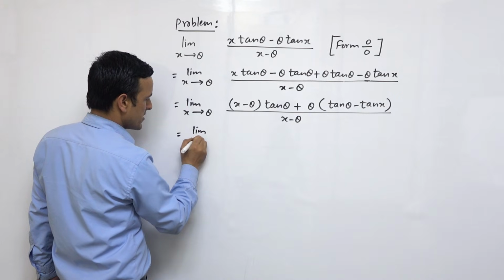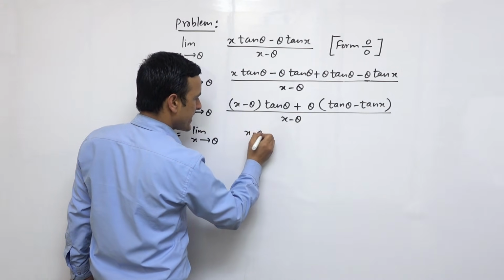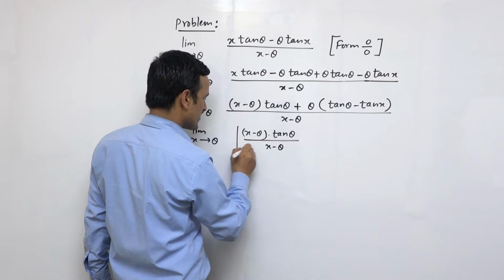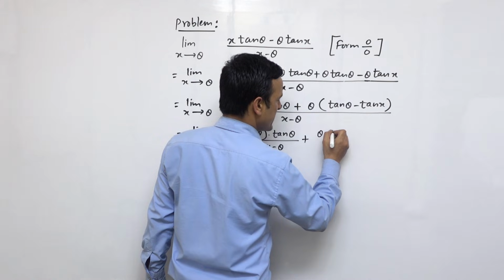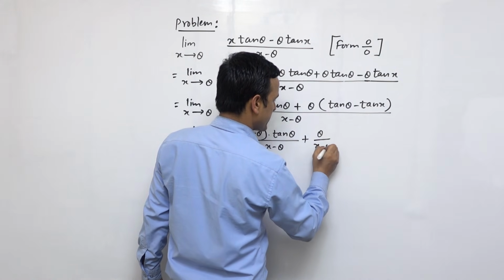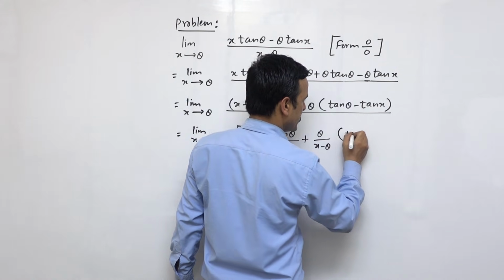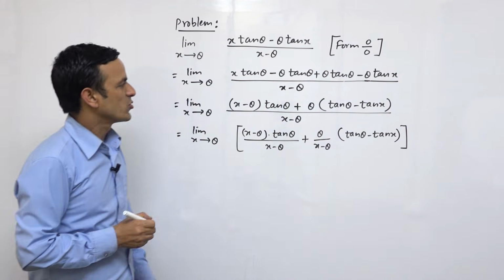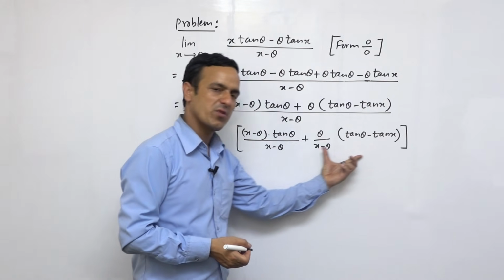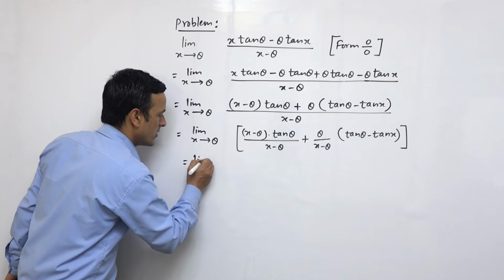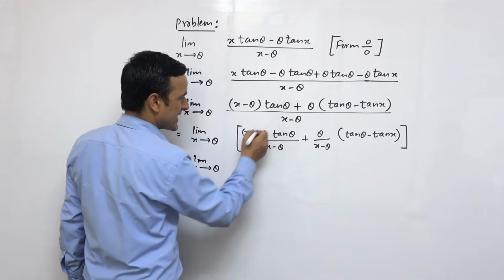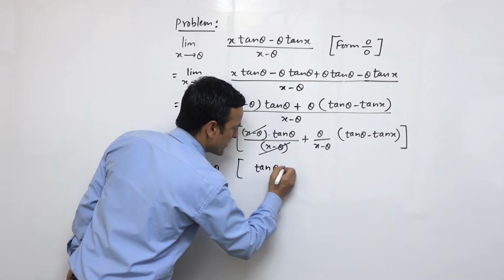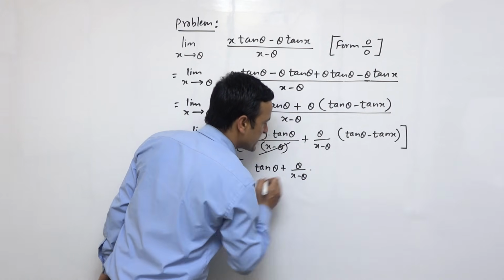So limit x tends to theta, x minus theta times tan theta divided by x minus theta. So this is the limit plus theta. Now tan theta, theta by x minus theta. This is x minus theta and tan theta minus tan x. So if we separate this, then we can see the following terms. This term, and now we can simplify this one by cancelling this term. We can cancel. And the first term is tan theta plus here is theta upon x minus theta and here